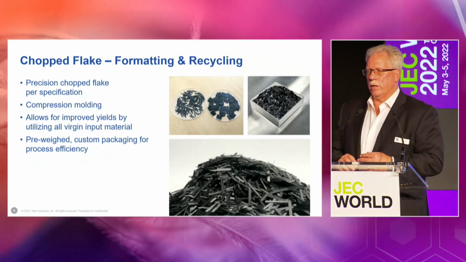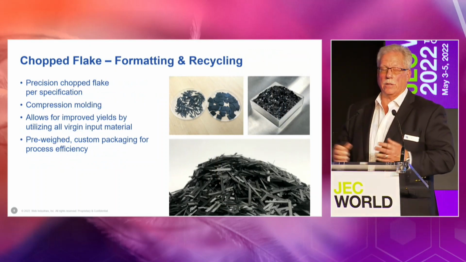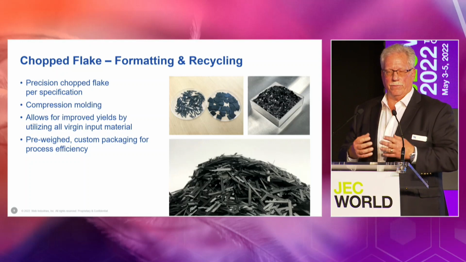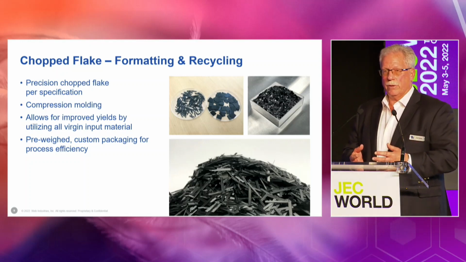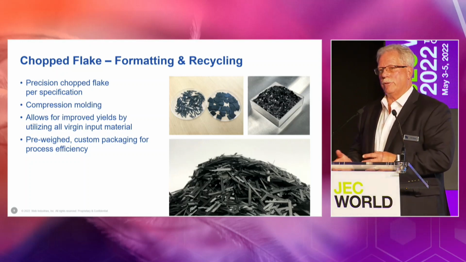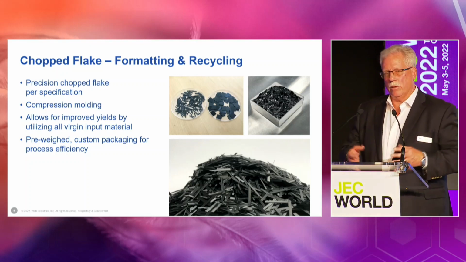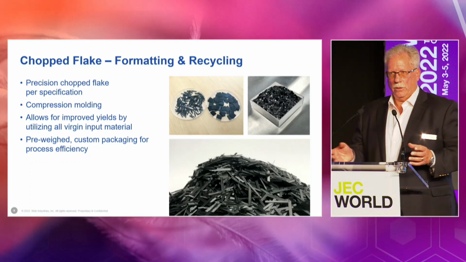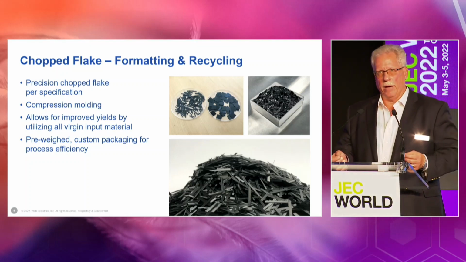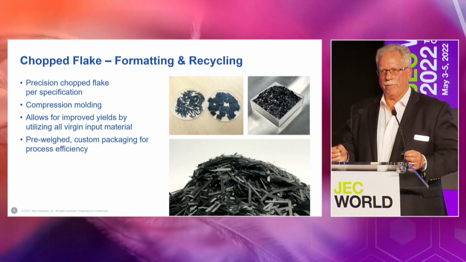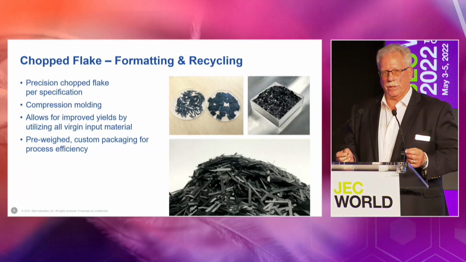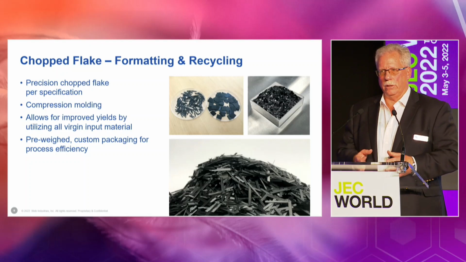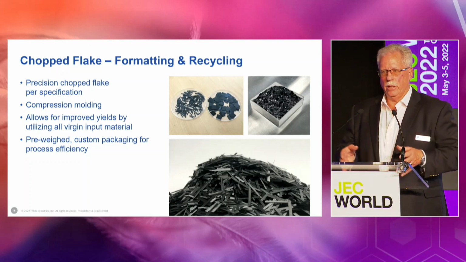We also have what we call a chop flake, and this can be used for raw material, for virgin material, for parts, for compression molding, or we can capture it for recycling. Let me explain that. We can take the big master rolls that come in and slit them down to a half by half inch width, half inch chop. We can slit it to 1/16 and chop it to half,